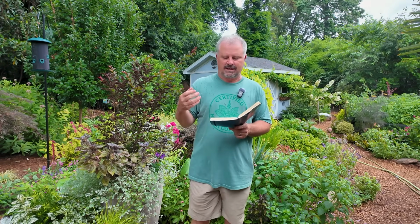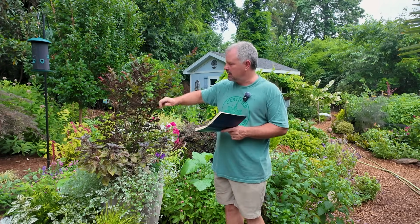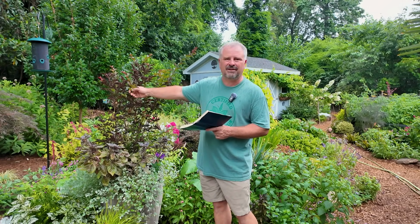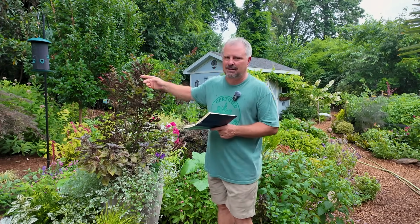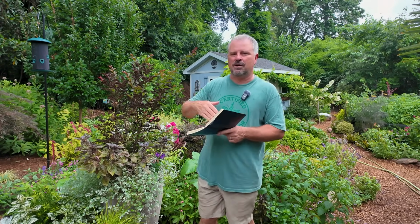This person planted azaleas, watered them well, went on vacation, and they got pretty cooked. Anything they can do to help them, how much time to give them before they replace them? As long as they're pliable, meaning you can bend them, branches, and they're not breaking. You can scrape it with your thumb and see that there's green underneath. They'll likely just leaf right back out if given the opportunity. Don't overwater them when they're